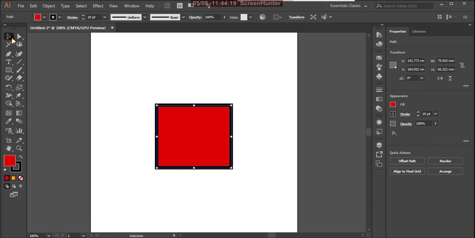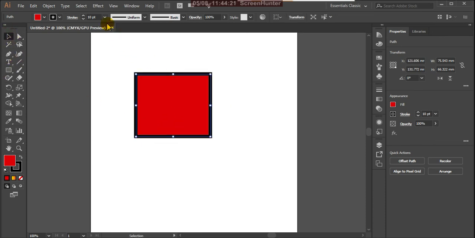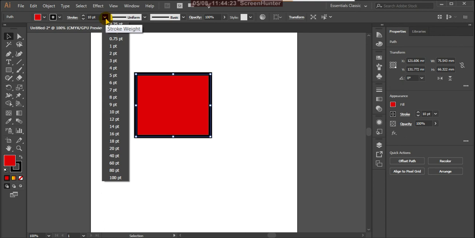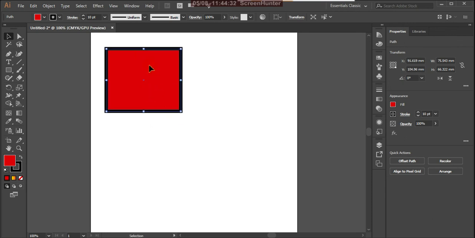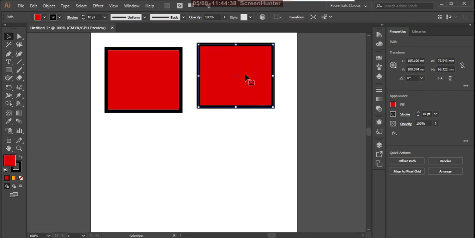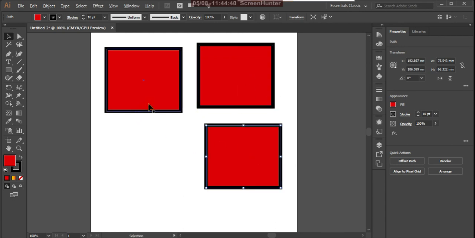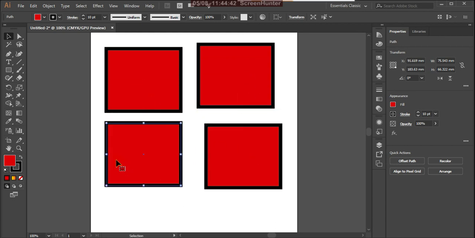Suppose I make it normal. Here I'm copying this object, so by pressing Alt you get the copies of this. Press Alt and get the copies.